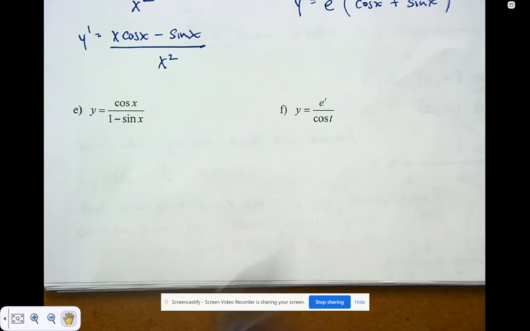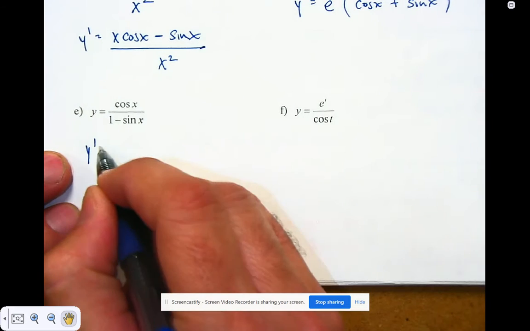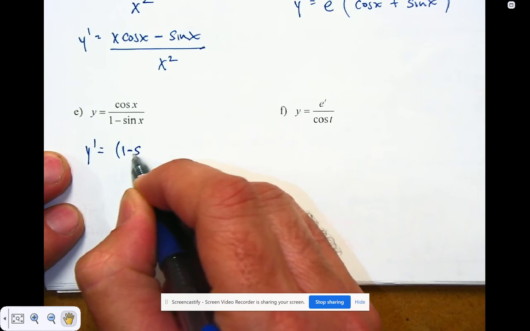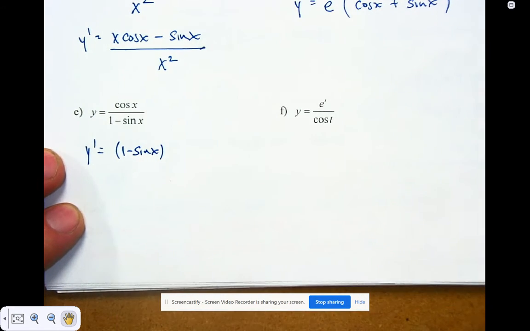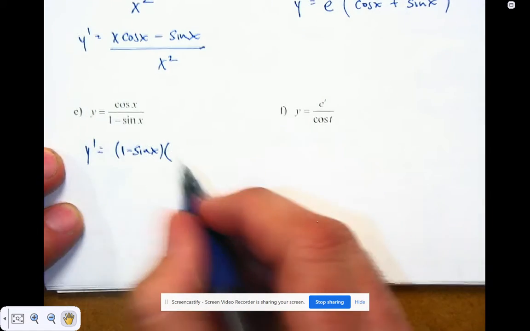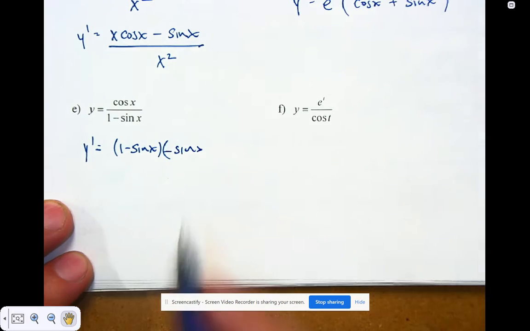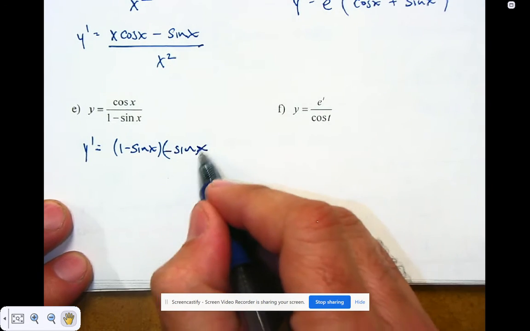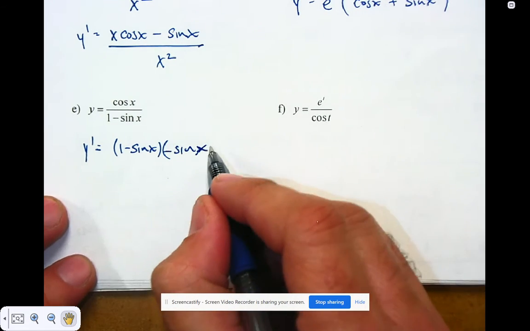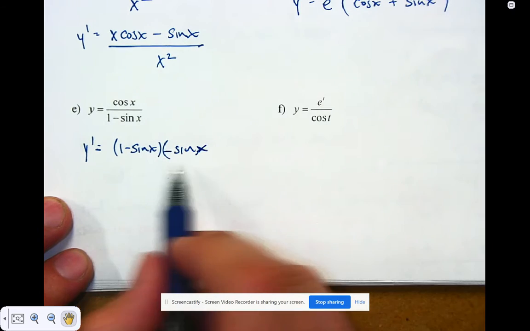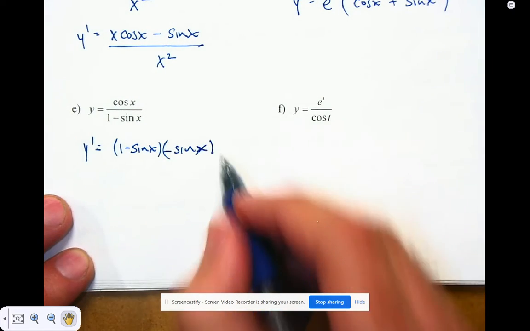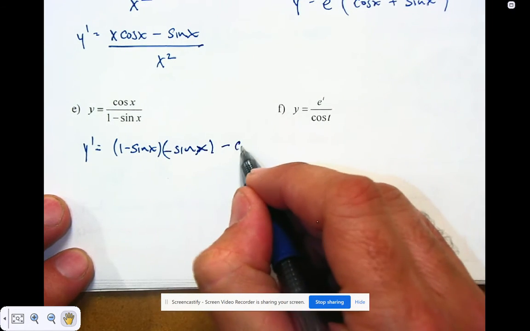All right, we'll keep rolling here. Quotient rule again. We've got low, 1 minus sine of x, d high, the derivative of cosine, is negative sine of x. Sorry, we're getting the trash taken out right now, so excuse the noise. So it's low d high, okay, and then minus high, which is cosine,